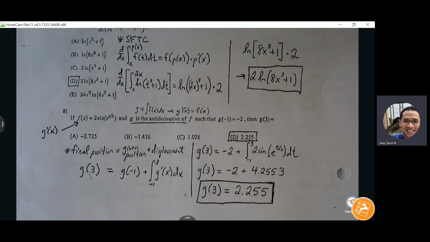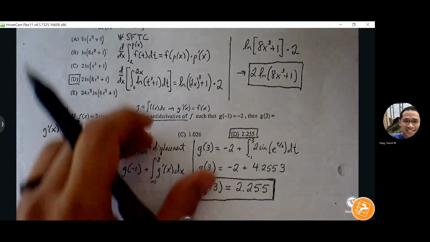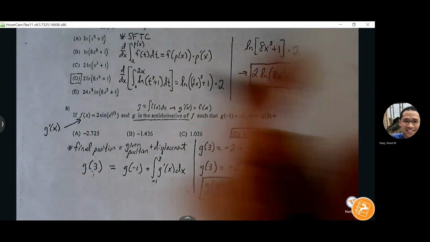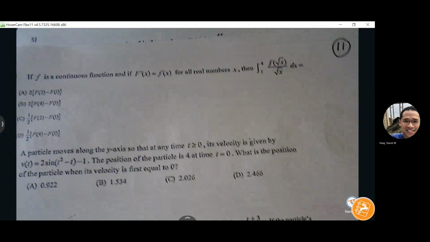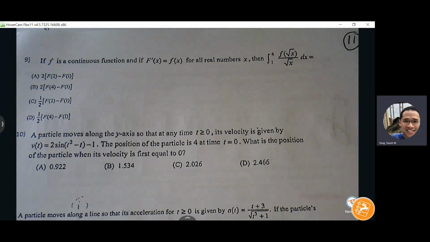Okay, last page, page 11, but we've already done 12, so page 11. Okay, f is a continuous function, f prime equals f of x, then the integral from 1 to 4 of f of root x over root x dx equals. So